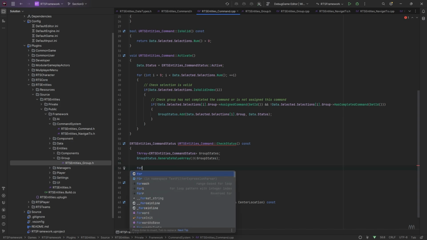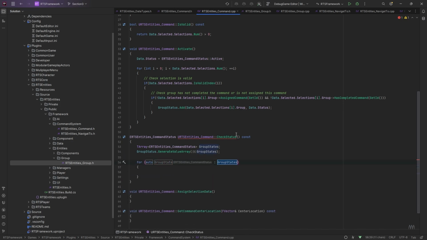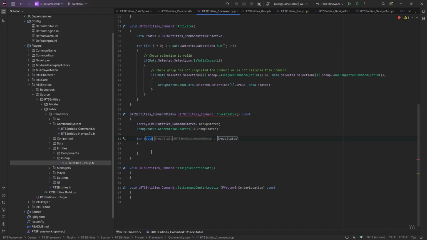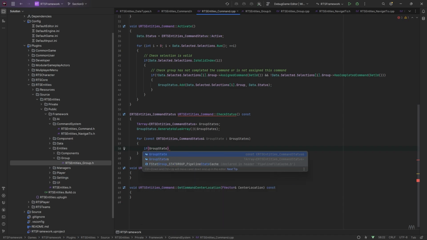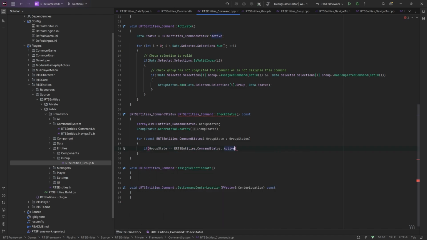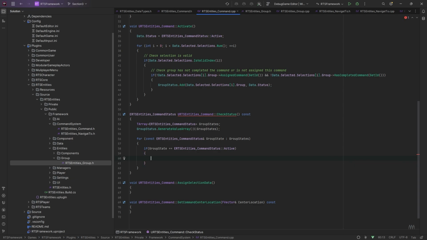And just do a for loop on that, I think, for each. And I'm going to make that const reference. Now, if it's equal to active, then there's still a group. If anything in this array is equal to active, then there's still a group still doing it. So we can straight away return, I'm going to return